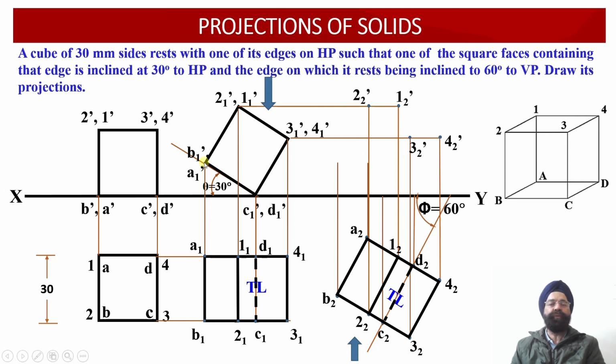Similarly, let us evaluate 4 points corresponding to the base of the solid. So here we have another 2 points corresponding to the base, A1 dash and B1 dash. Let us draw the horizontal projector through A1 dash and B1 dash. Wherever this horizontal projector line intersects with the vertical projector drawn through A2, point A2 dash will be located. Wherever this horizontal line intersects with the vertical projector line drawn through the point B2, point B2 dash will